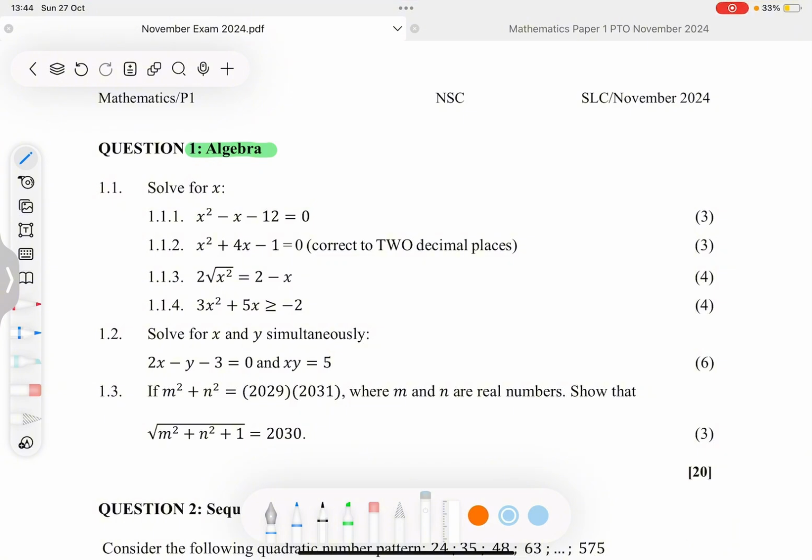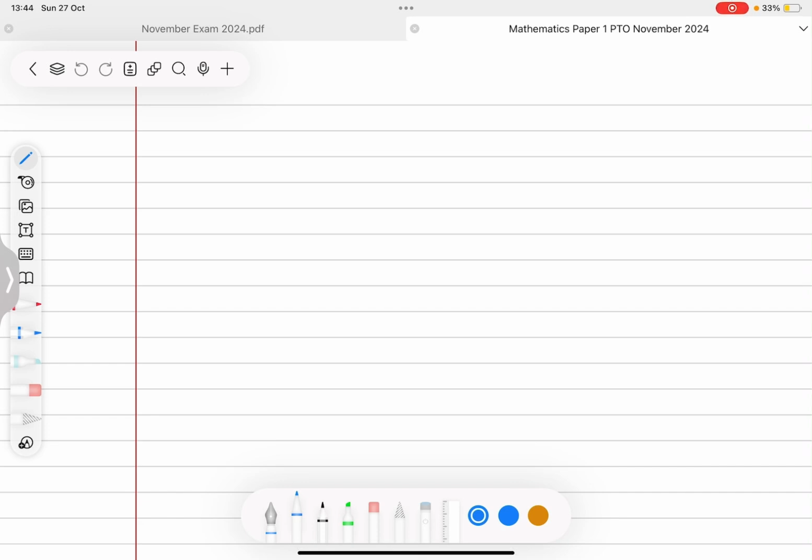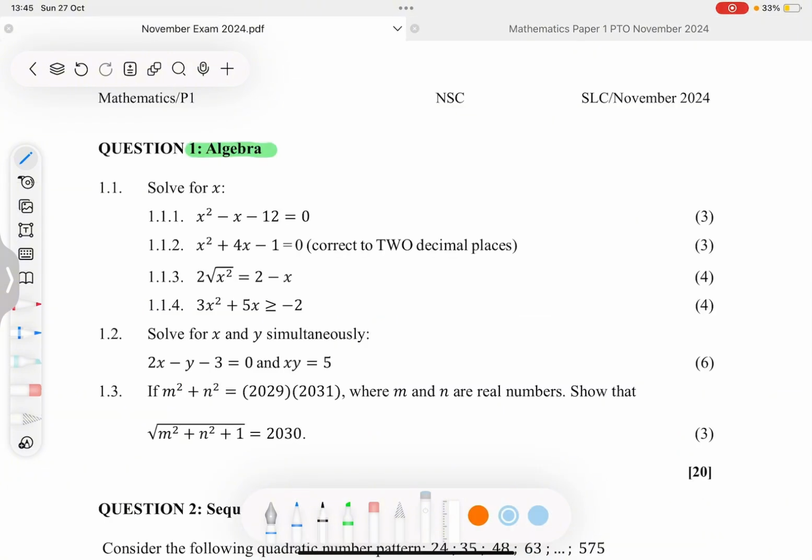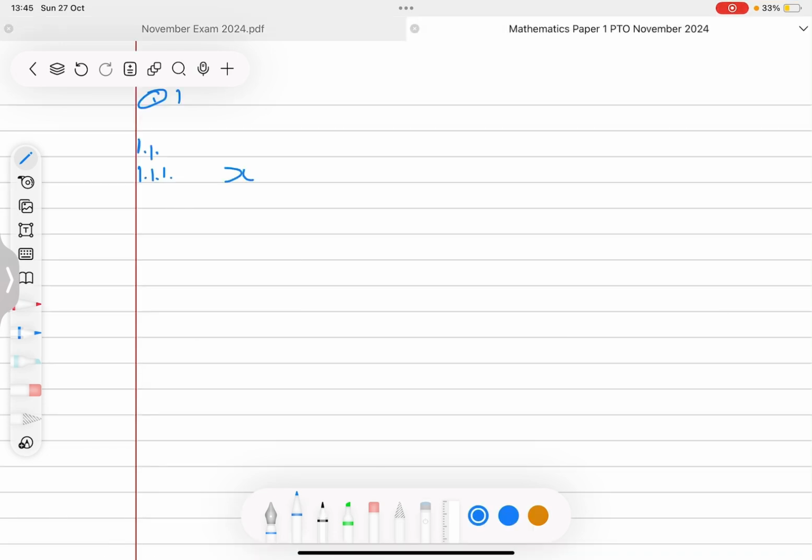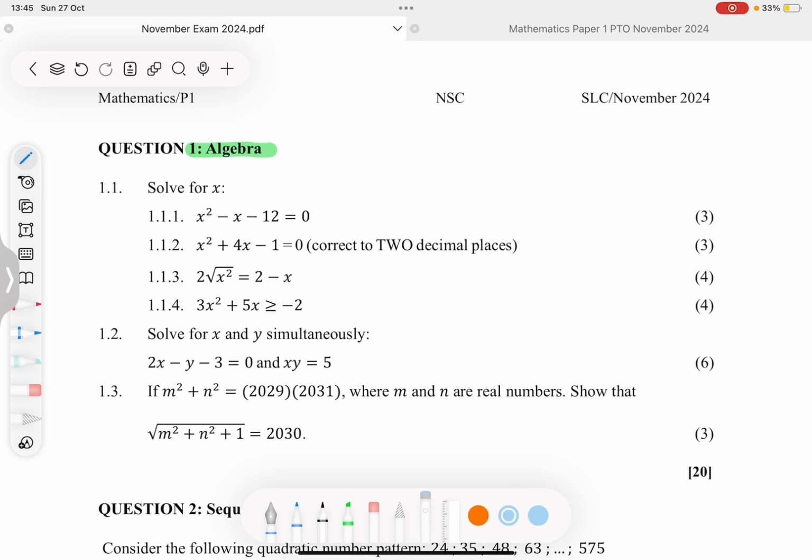We'll begin with question 1.1, where we solve for x. So we have question 1, then we're doing 1.1, 1.1.1. They say here we have x squared minus x minus 12 is equal to 0. In order to solve this question, the first thing that you need to do is to find the factors of 12, such that when you combine those factors, either adding them or subtracting them, they then give you